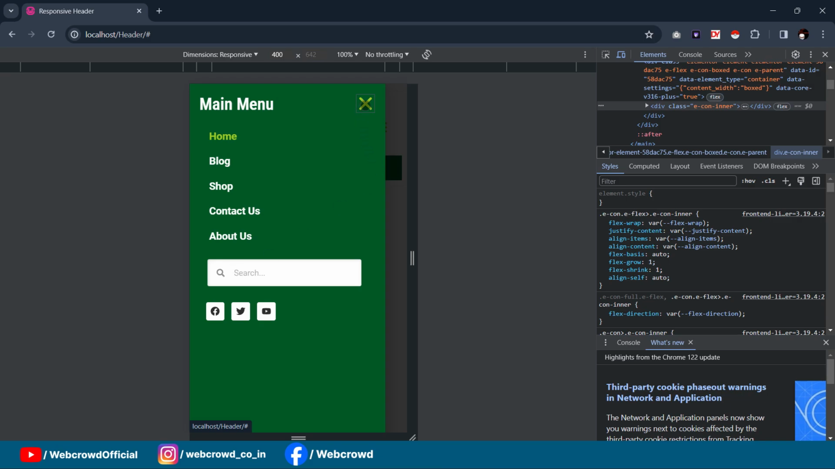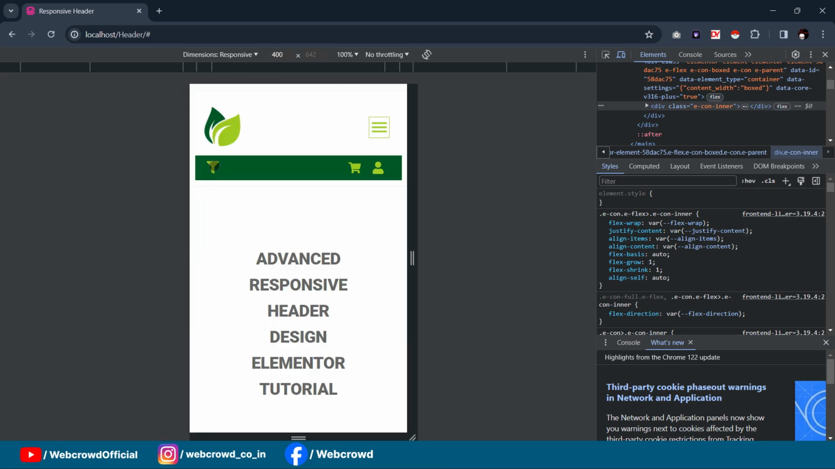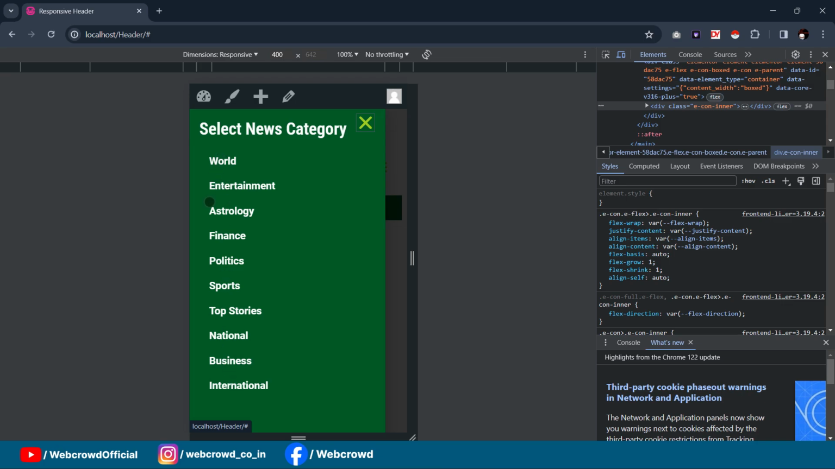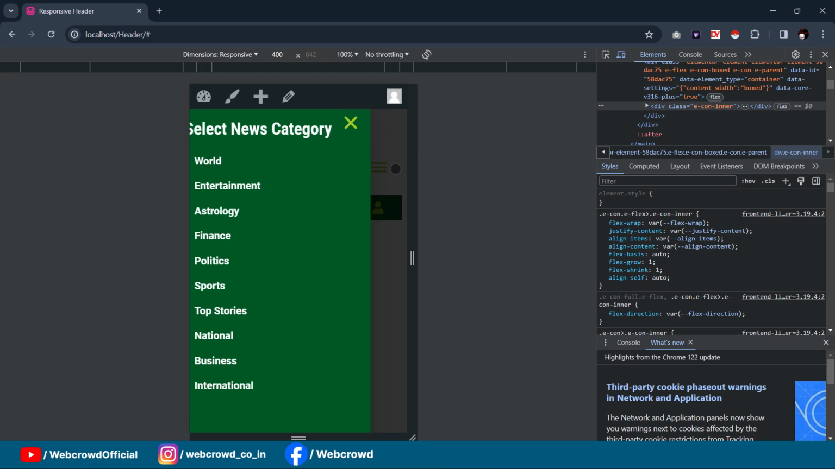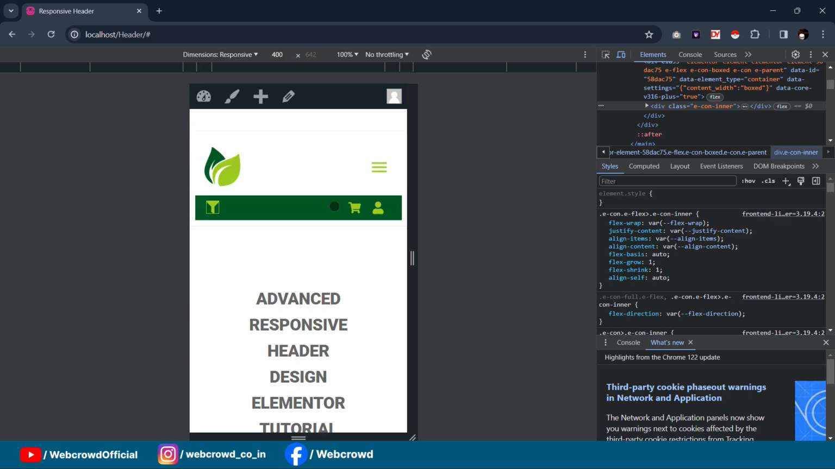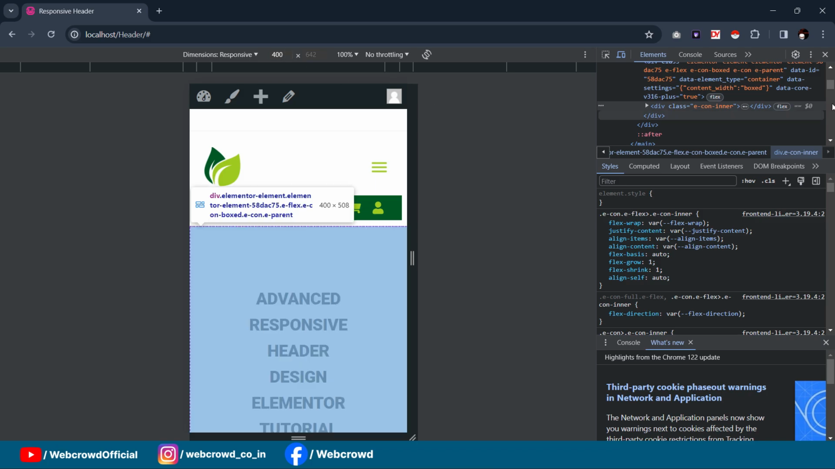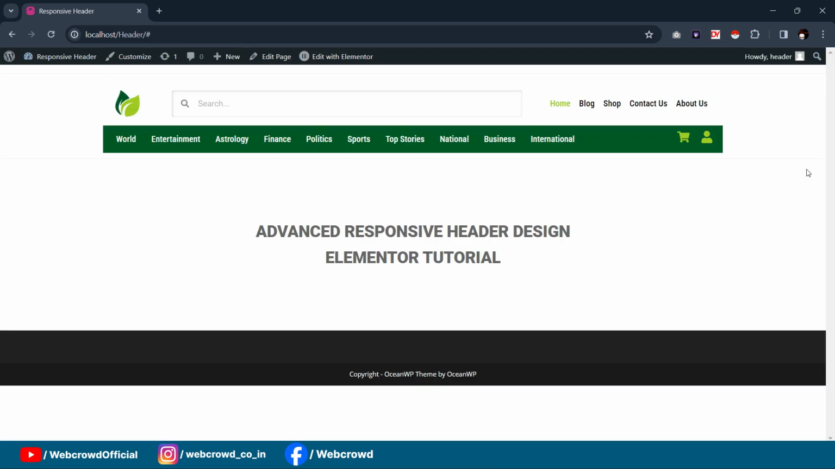Okay, and similarly when I click on the category menu, the category list will appear. Our header design is completely responsive. The search engine will also like our design because our website is compatible with multiple devices without any errors. So this way we can make a website responsive so that our mobile or tablet users